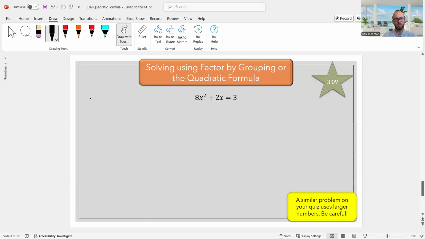Well, once again, we need everything on the same side of the equation. So let's do it. Get that quadratic all set up. Okay. Now, let's factor by grouping. Remember, you need to use the x method to break up that middle term, right? So let's see. We get a times c